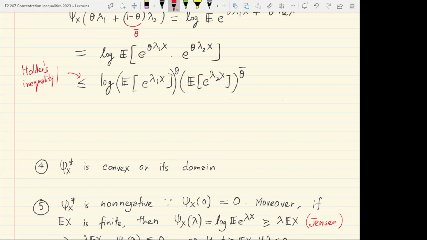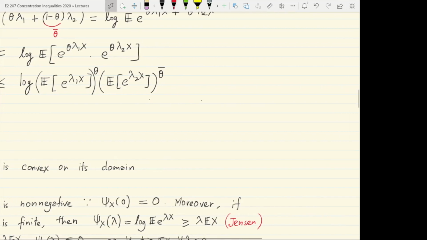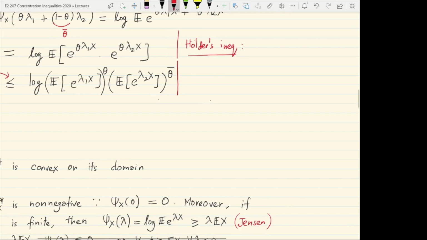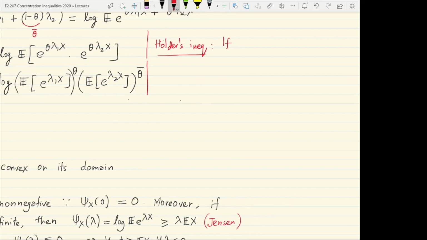Okay, you can also interpret it as coming from a much simpler inequality called Jensen's inequality, which is really the definition of convexity. So just to give you a quick idea, you can look this up separately, but Holder's inequality says the following. There are several ways of writing Holder's inequality. If you have two numbers p and q such that 1 by p plus 1 by q equal to 1,